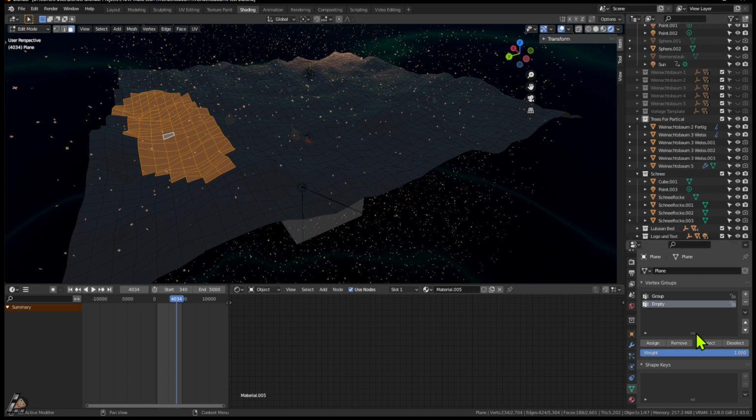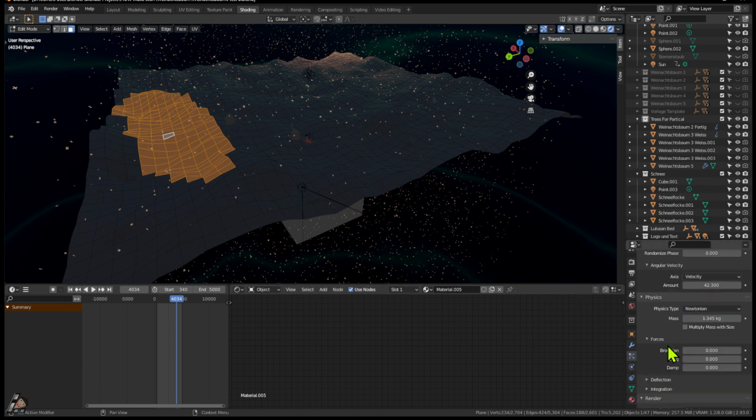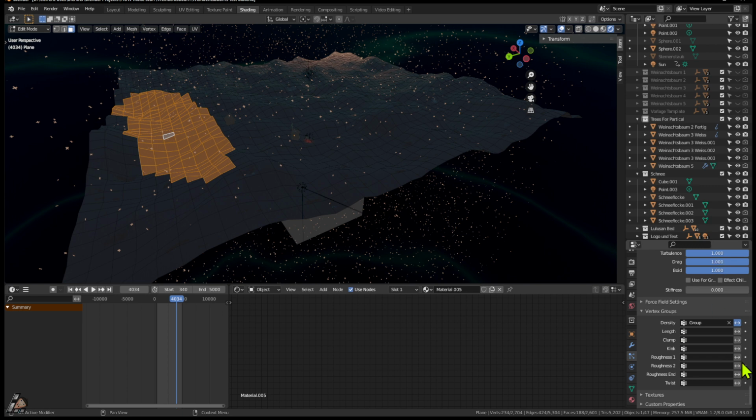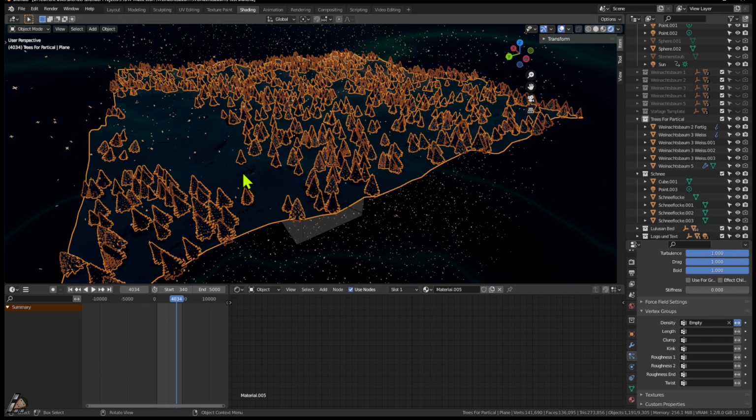So we created a new, what is this called again? Can I read that? Vertex group, here we go. So we created a new vertex group called empty, and we can tell the particle system, here down below, that we would like to use the particle system on this whole plane surface except in this area. And then we can say, please do not use the particle system on the vertex group empty. So now here it's empty, right? And so in this way you have a little bit more control over the